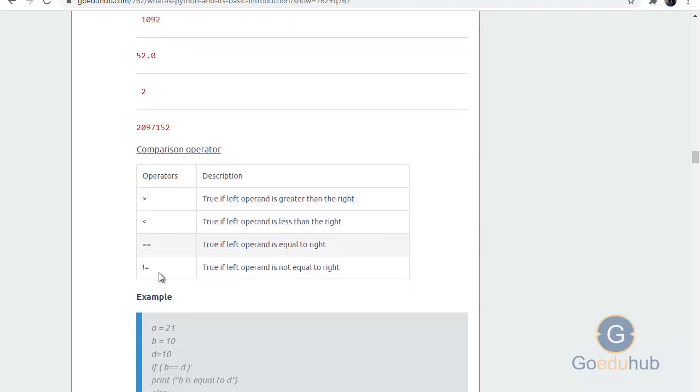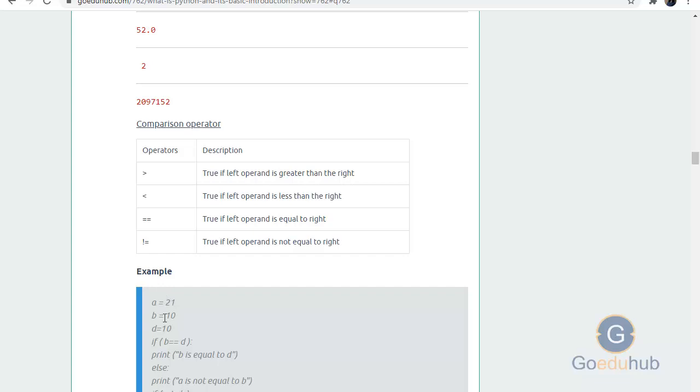Here we have taken two values, a is 21, b is equal to 10. If b equals d, d is 10, b and d are equal, then it will return true. So whatever we have written inside the if, this line will be executed, and otherwise the else part will be executed.